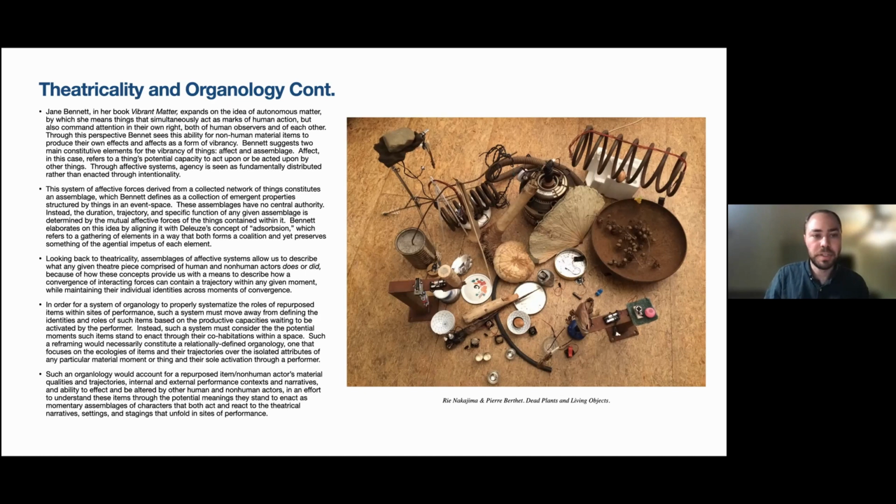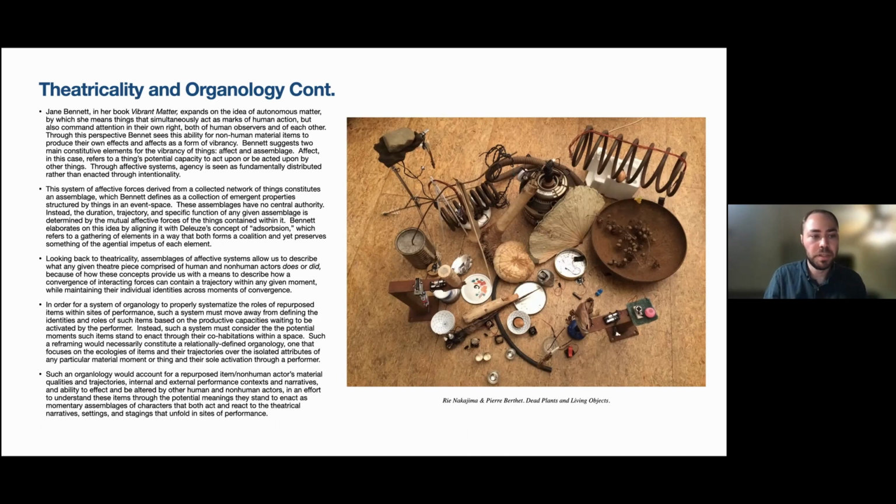So this system of affective forces derived from a collected network of things constitutes an assemblage, which Bennett defines as a collection of emergent properties structured by things in an event space. These assemblages have no central authority. Instead, the duration, trajectory, and specific function of any given assemblage is determined by the mutual affective forces of the things contained within it. Bennett elaborates on this idea by aligning it with Deleuze's concept of adsorption, which refers to a gathering of elements in a way that both forms a coalition, yet preserves something of the sort of agential